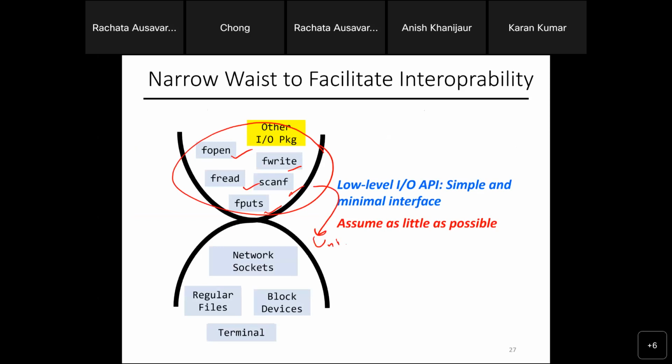Then I am good with just these Unix IO functions. I can convert scanf to Unix IO, and it should work with network sockets. It also should work with, say, regular files. I don't have to do fopen for one of them and fwrite on another. I can just say open, read, write, close, again and again. So at the lowest level, everyone uses the same thing.